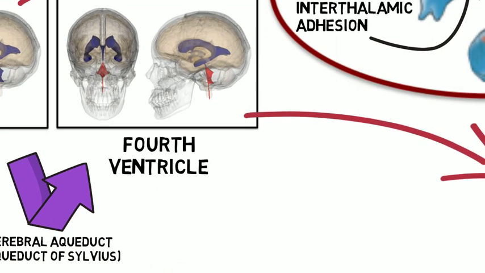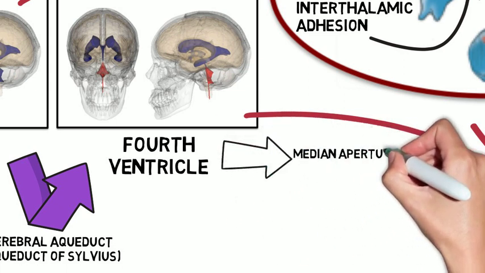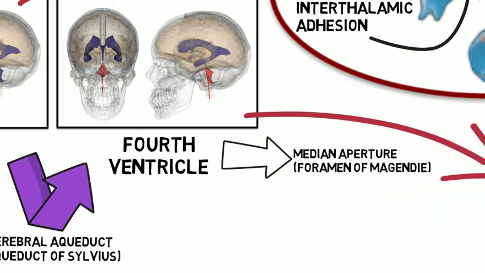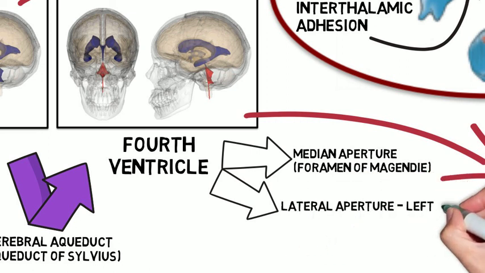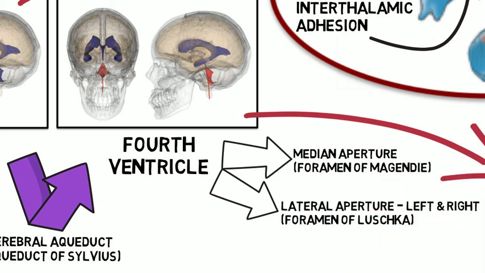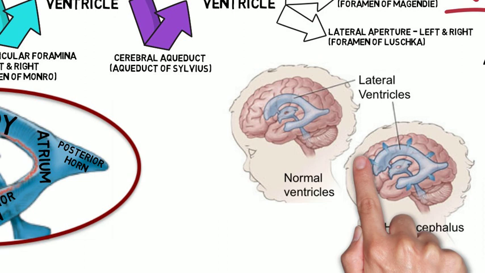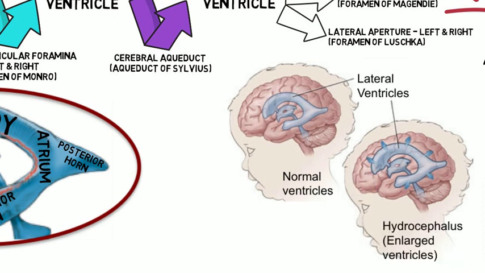From the fourth ventricle, connections are made to the subarachnoid space via the median aperture, or foramen of Magendie, which connects to the cerebellomedullary cistern, and the left and right lateral aperture, or foramen of Luschka, which connect to the quadrigeminal cistern. A block at any of these passages leads to dilation of one or more ventricles, as CSF outflow